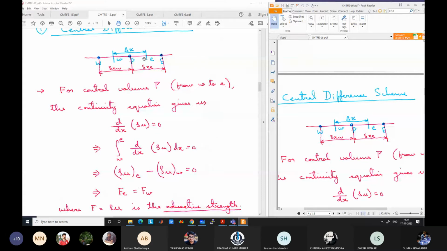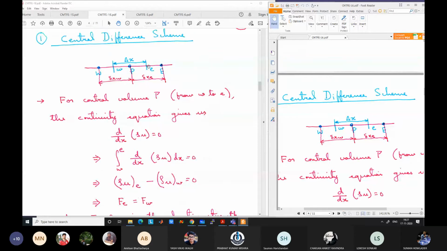If the u's are not defined at the interfaces, typically, for all the variables up to the point we have studied in this course, you know that variables are defined at the grid points. So you will have a u value at P and a u value at E. So you can define u at small e as u_P plus u_E divided by 2. Like this, I can define u at small w as u_P plus u_W by 2. Similarly for rho: rho_P plus rho_E by 2, rho_P plus rho_W by 2. So the point is that these are the interface values, and somehow we have to calculate the interface values from known values.